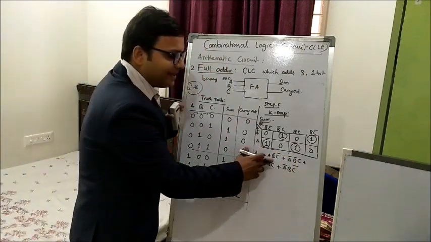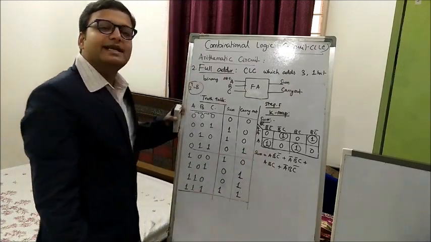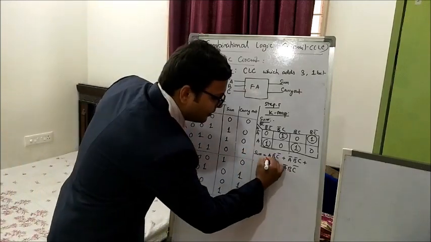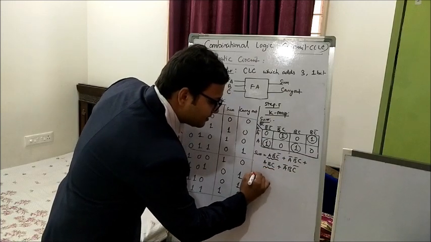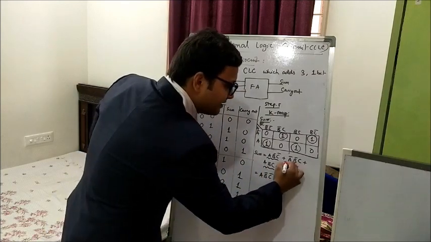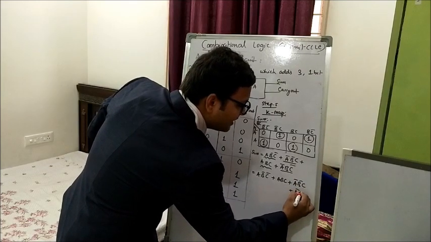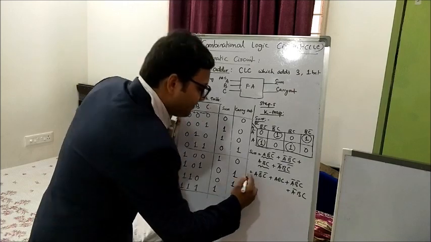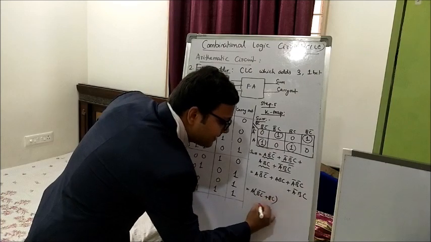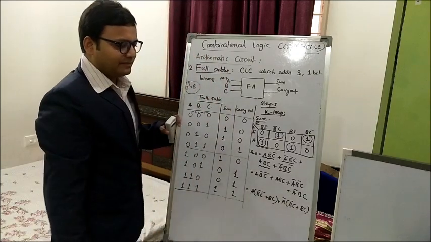Okay. Now these are actually SOPs. So if I design with this, it will take a lot of AND gates and OR gates. So I am going to have a simplified version. I am going to take these two terms first, which is A B bar C bar plus A B C. Next these two, A bar B bar C plus A bar B C. Now I am going to take A common: A (B bar C bar plus B C). Here A bar I am going to take common: A bar (B bar C plus B C bar). Okay.